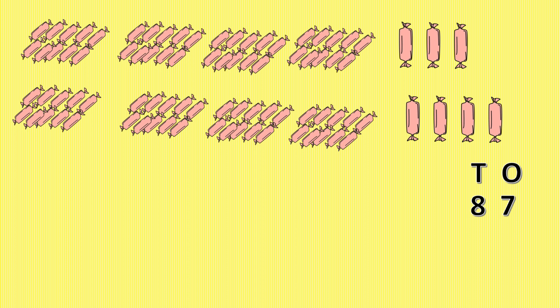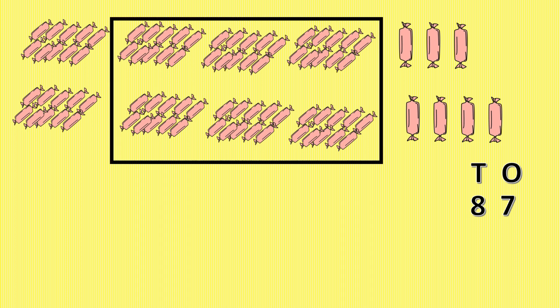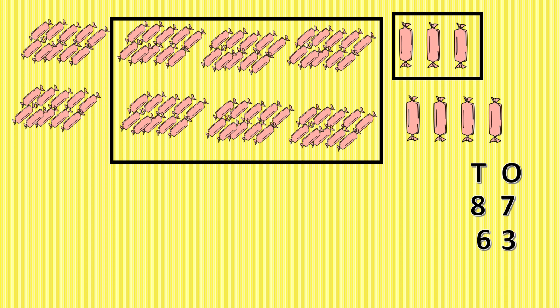Now let us take away or remove some chocolates. So from tens place, now here you can see the box. Inside the box there are 1, 2, 3, 4, 5, 6. 6 tens chocolates are inside the box which are taken away. So we can write below tens place 6 or below 8 we will write 6. 6 is taken away. Now from ones place, inside the box there are 1, 2, 3 chocolates. So below 7 I can write 3. It means I have to remove 3 from ones place. Now this is subtraction, so minus sign.